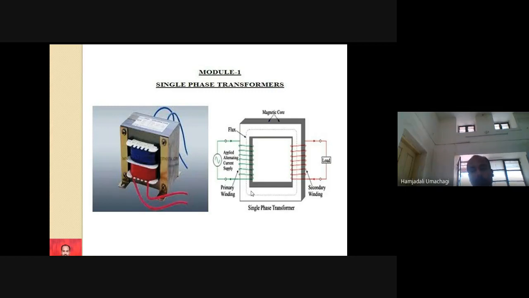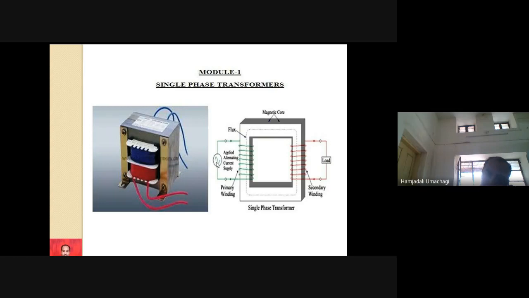If you apply such input to the transformer, then there will be no mutual induction. If there is no mutual induction, then there is no flux. If there is no flux, then there is no flow of current from primary to secondary. So always we should give input as AC supply. Are you getting why we should give AC supply as an input to the transformer? Do you have any doubts? Can you hear my voice, all of you? Yes, sir.